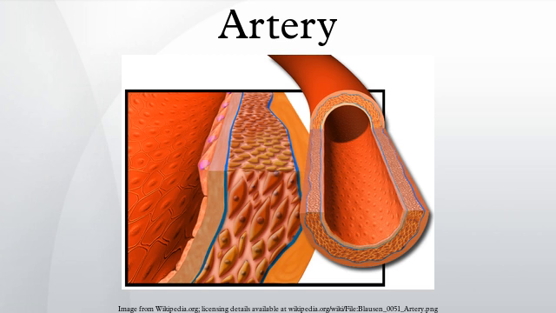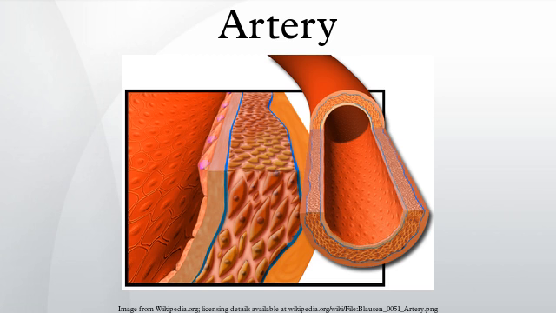Microscopic anatomy: the outermost layer is known as the tunica externa, also known as tunica adventitia, and is composed of connective tissue made up of collagen fibers. Inside this layer is the tunica media, or media, which is made up of smooth muscle cells and elastic tissue. The innermost layer, which is in direct contact with the flow of blood, is the tunica intima, commonly called the intima. This layer is made up of mainly endothelial cells. The hollow internal cavity in which the blood flows is called the lumen.